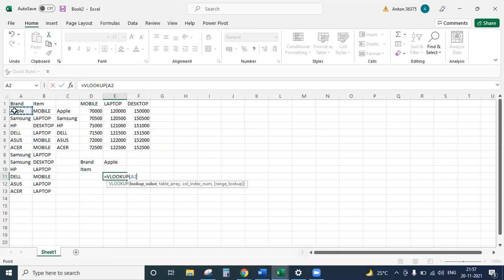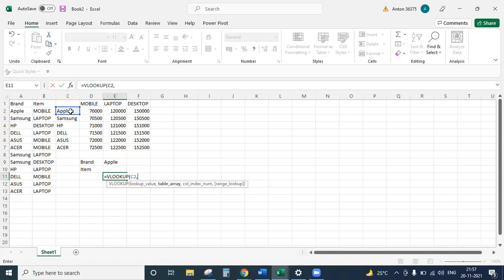Your source is from C2, right? You want me to check the price of an Apple laptop.